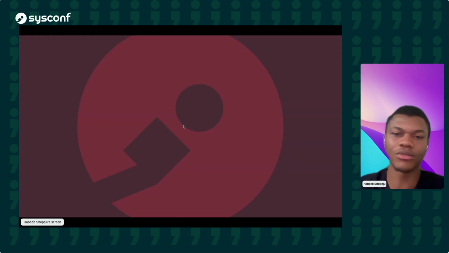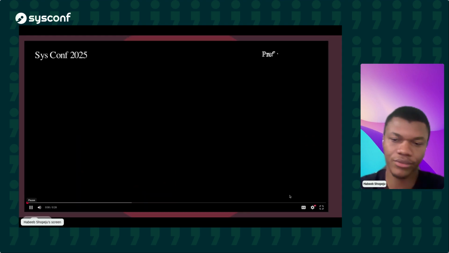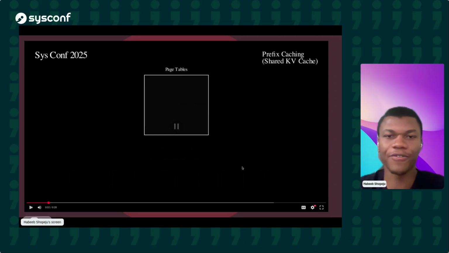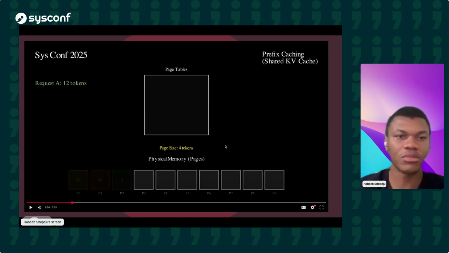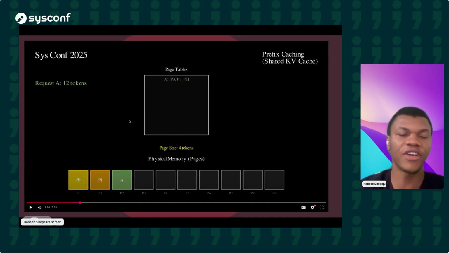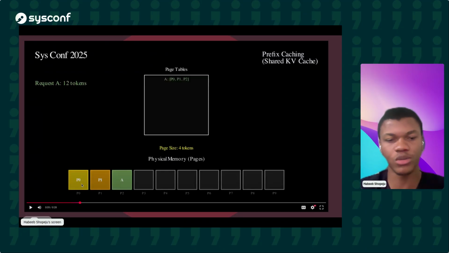What will essentially happen, you see here. So you have your page table once again, and your first request comes in with 12 tokens, where if one page is taking 4 tokens once again, that essentially means 3 pages.